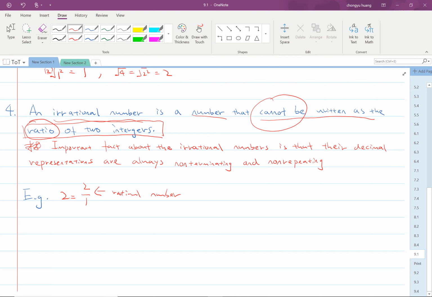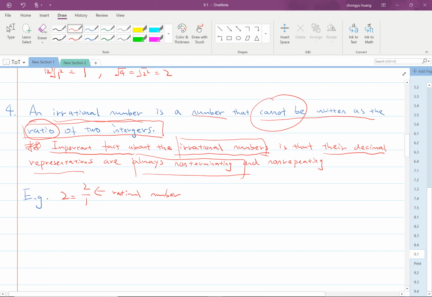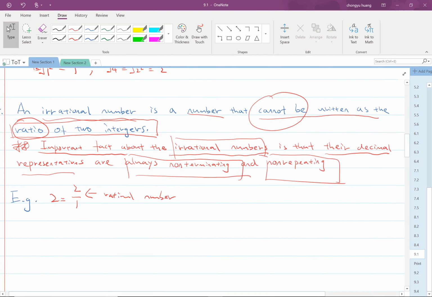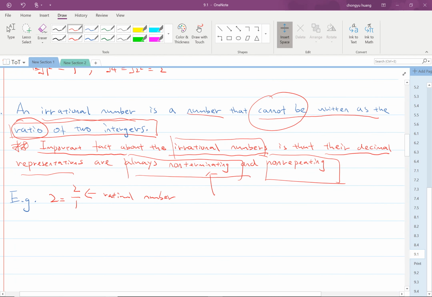So let's talk about the next thing. One really important fact you need to know is that for irrational numbers, their decimal places are always non-terminating and non-repeating. Let me write down some words. Non-terminating means it never stops. The decimal places just keep continuing. And then non-repeating means something like